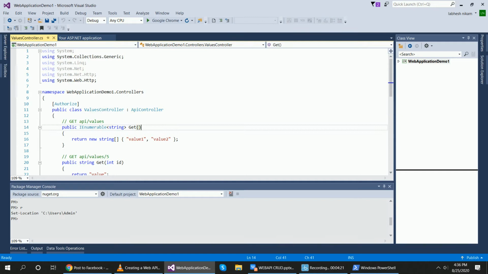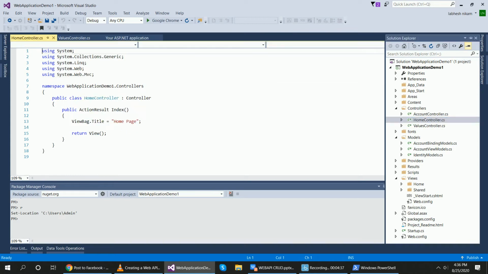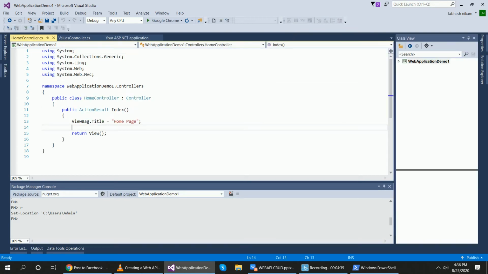So this is Web API controller and it uses the namespace using System.Web.Http, right? And one MVC controller is HomeController. This MVC controller is inherited from the Controller class and it uses the namespace using System.Web.Mvc, right?